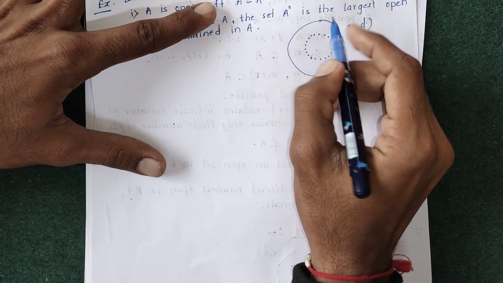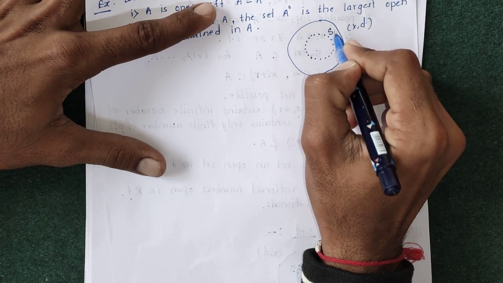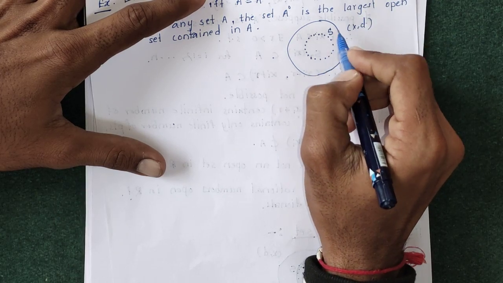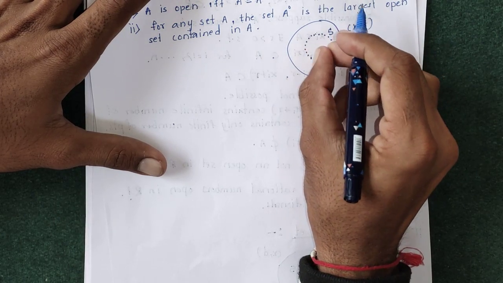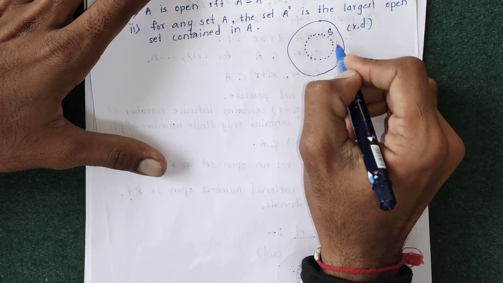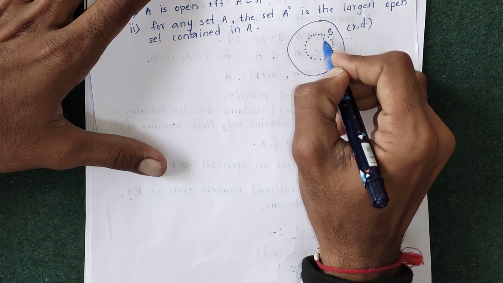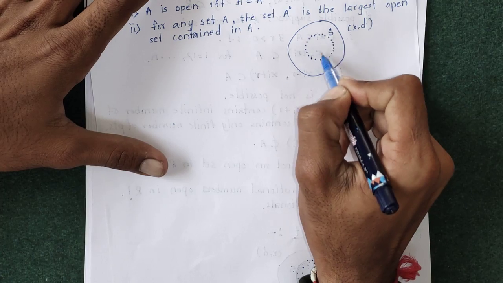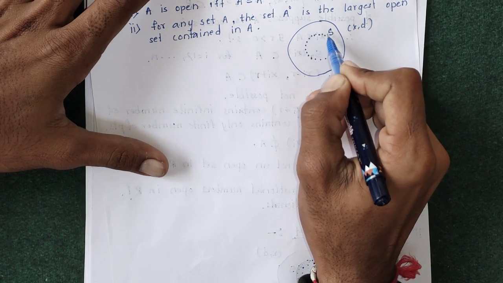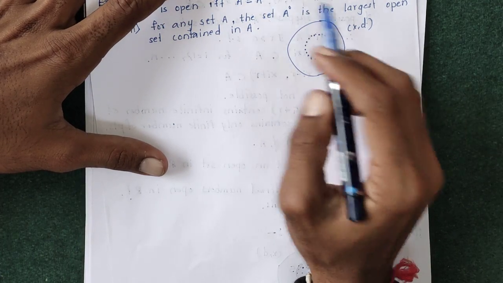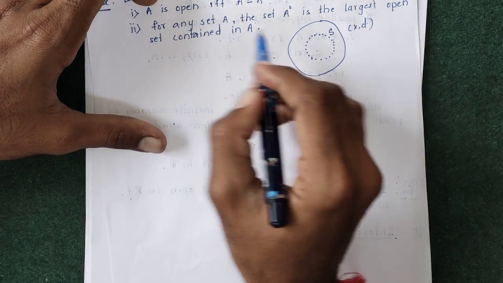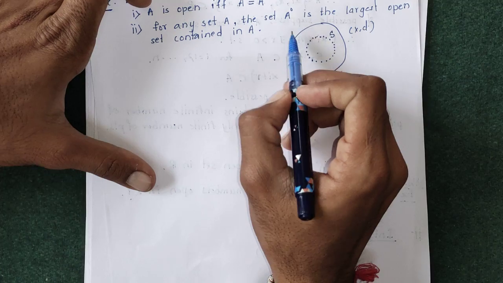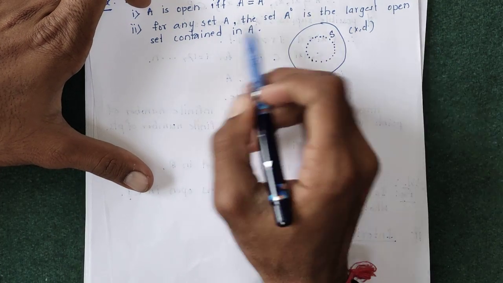So this is the set S, then this S is said to be open. S is open means S does not contain its boundary points, and we know that the interior of S also does not contain its boundary points. So this is the interior, just excluding these boundary points, the remaining interior set is the interior of S. Also this S does not contain its boundary points, so clearly we can say that A equals the interior of A. Now the second statement is: for any set A, the interior of A is the largest open set contained